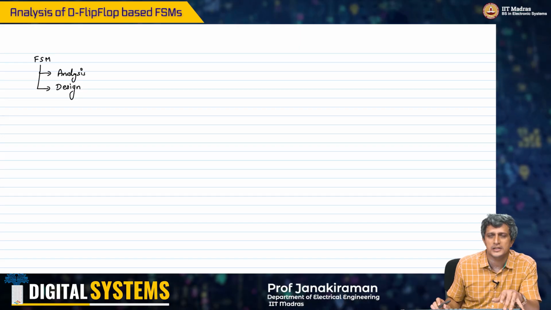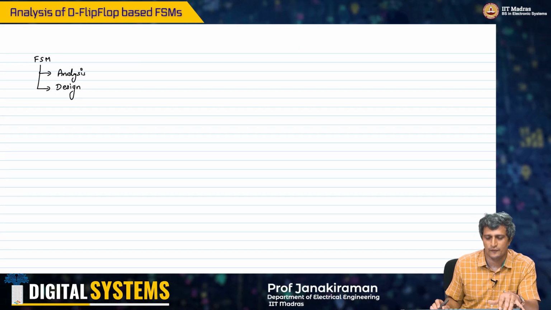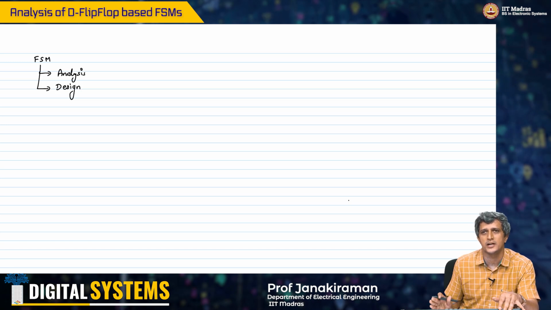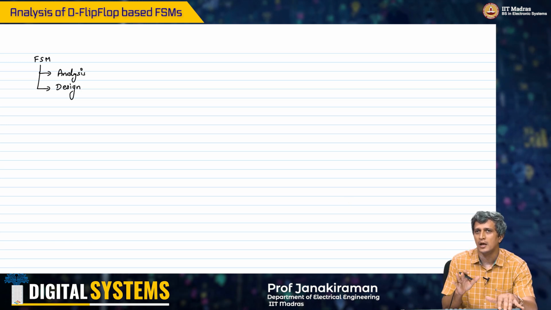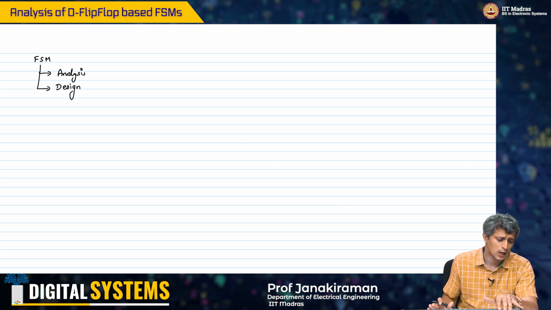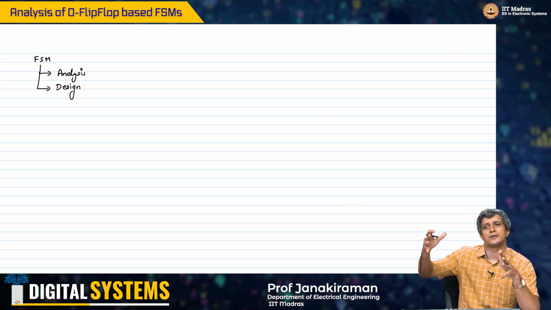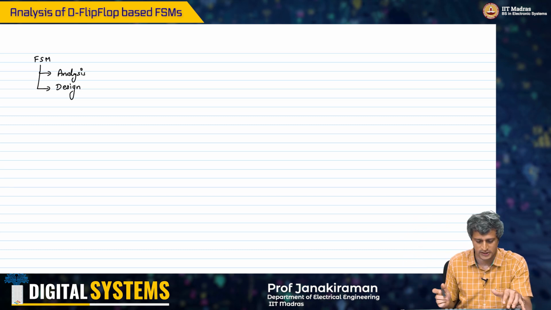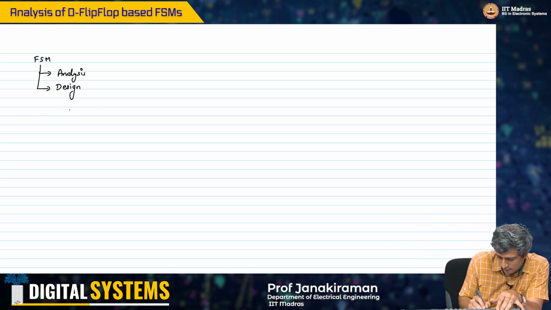So we will obviously start with the analysis part first, because that is a little easier to do. It gives us a better handle on what the finite state machine looks like, and it also allows us to define various components of a finite state machine. Okay, so let's start with the